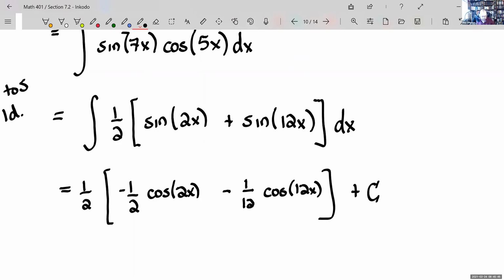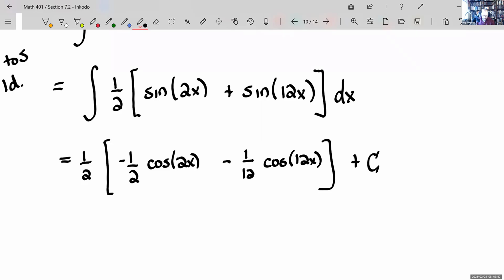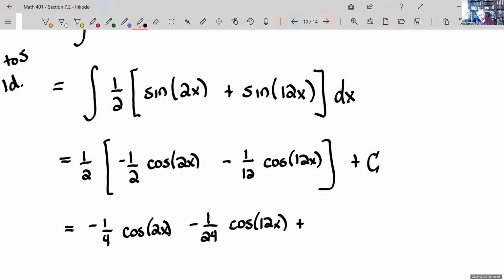And I would probably factor out a half or distribute the half. Doesn't really matter. Kind of the same idea. So negative 1/4 cosine of 2x minus 1/24 cosine of 12x plus c. And the question was,